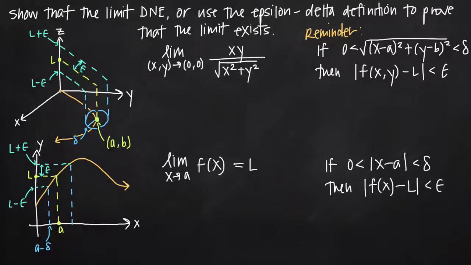Today we're going to be talking about the precise definition of the limit for multivariable functions. And in this particular problem, we've been asked to show that the limit either does not exist, DNE, or if we think it does exist, to use the epsilon delta definition, which is also the precise definition, to prove that the limit exists. And as a reminder, I've written the formula here for the precise definition of the limit for